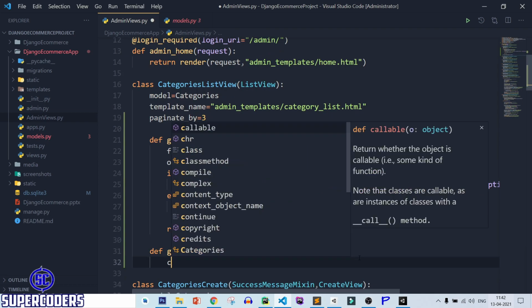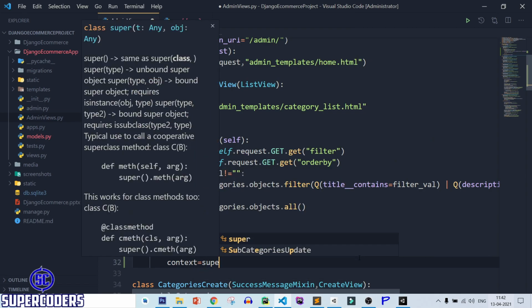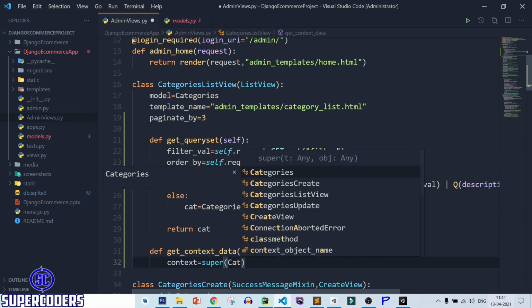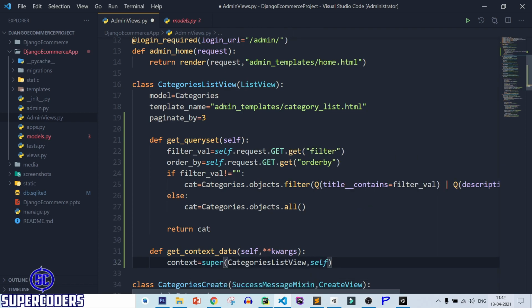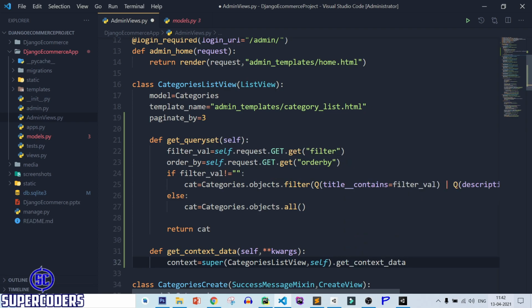So here first you need to override the method. So context equal to super, then pass your class name, which is categories list view, self dot get context data, and here pass your kwargs.